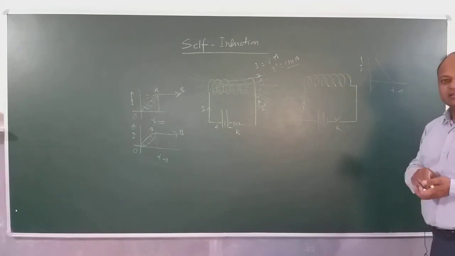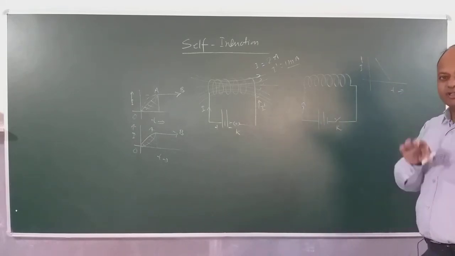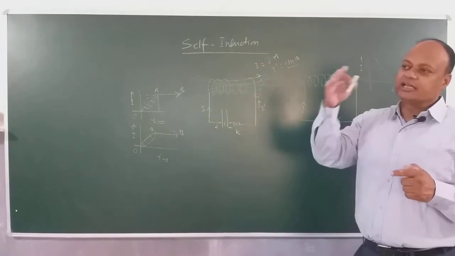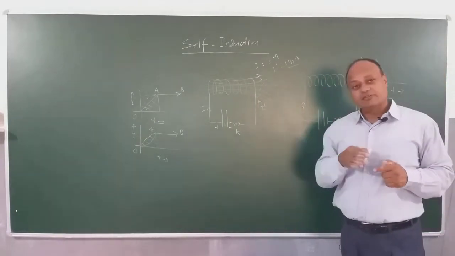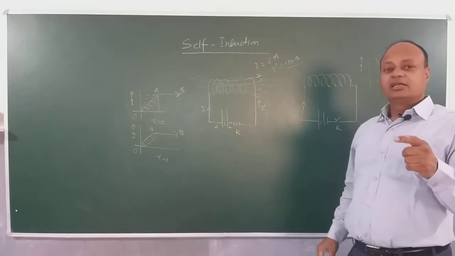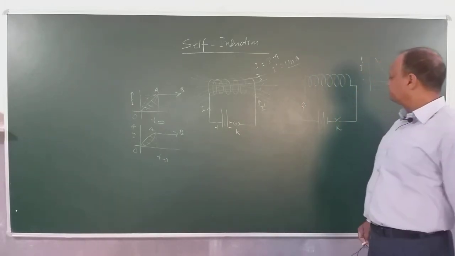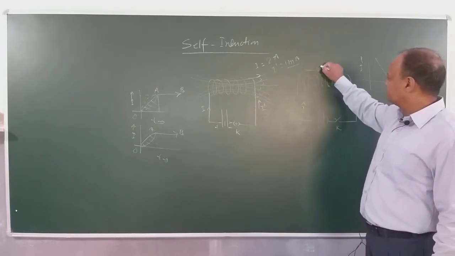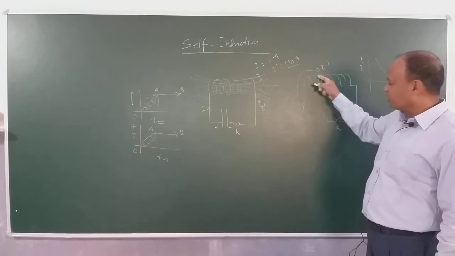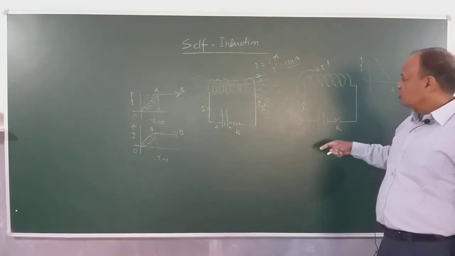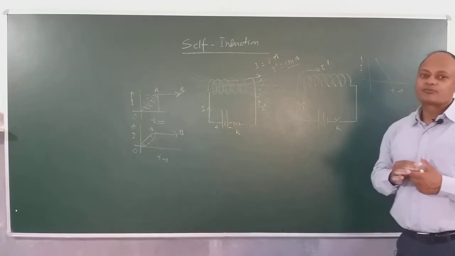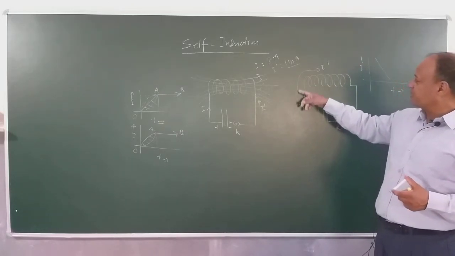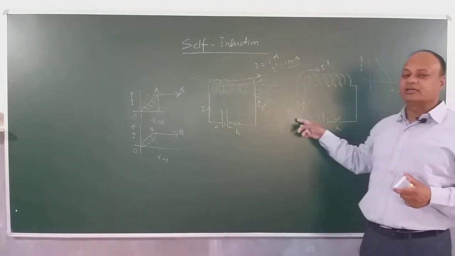When current starts decreasing, again flux will change, because flux changes whether the current is increasing or decreasing. When current is increasing, flux is increasing. When current is decreasing, flux is decreasing. But in both cases, electromagnetic induction takes place. Now in this case, the induced current will change its direction. It will try to support the current. This is how I was flowing earlier. Now I is decreasing, so immediately the circuit will try to support this falling current and prevent it from decreasing, and therefore will set up a current in the same direction as the applied current.